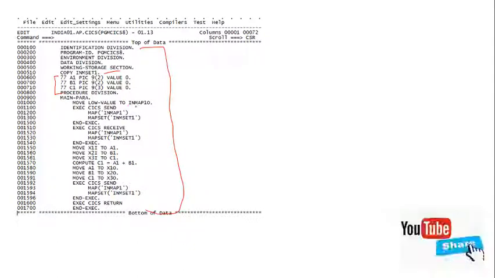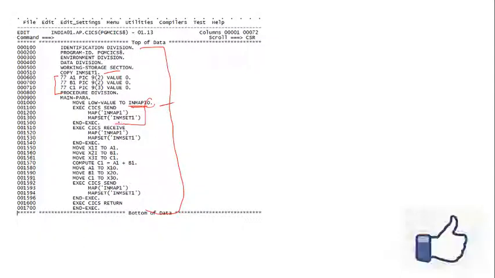We have passed LOW-VALUE to INFMAP1O, meaning output, which we are going to send to the map again. Then we receive the data from the map, INFMAP1I.